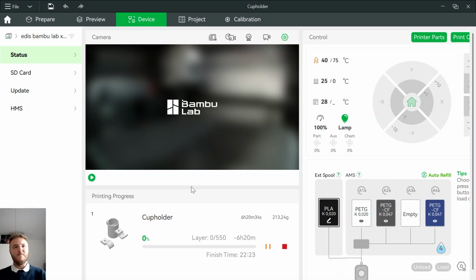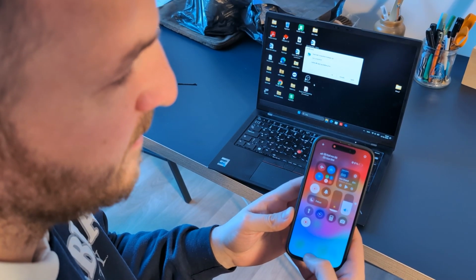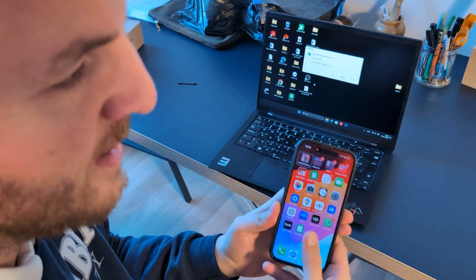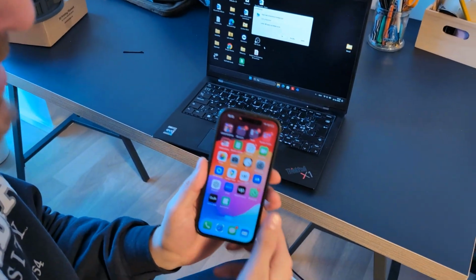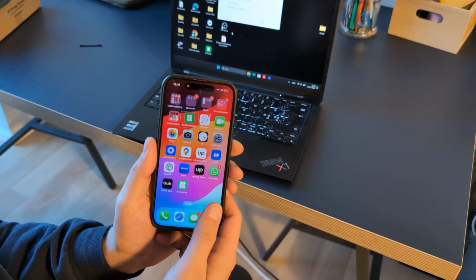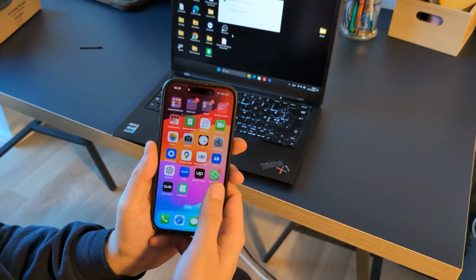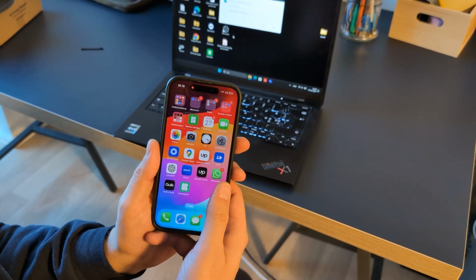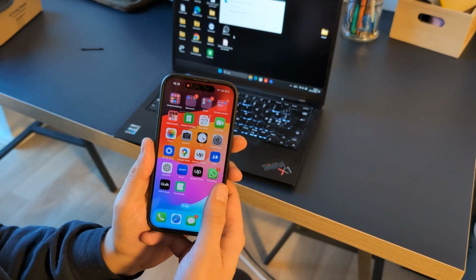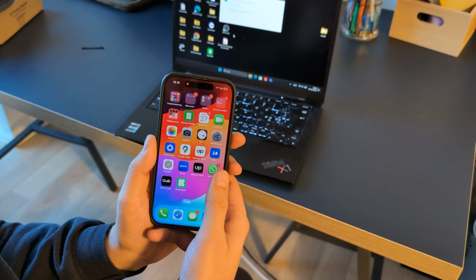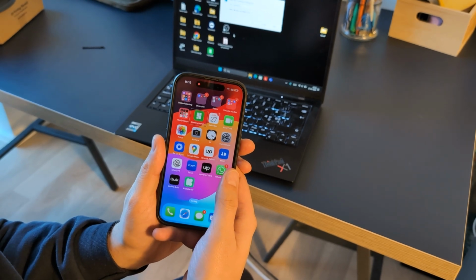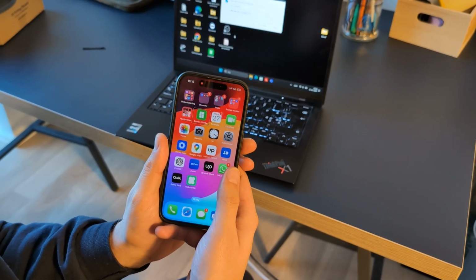And now I will show you how I can monitor the print. So here I have my iPhone. It's an iPhone 15 Pro, and I'm using something called VoiceOver, which is basically another screen reader that tells me everything that I interact with on the screen. The way that I do that is by swiping, doing different gestures. So like if I swipe my finger right,